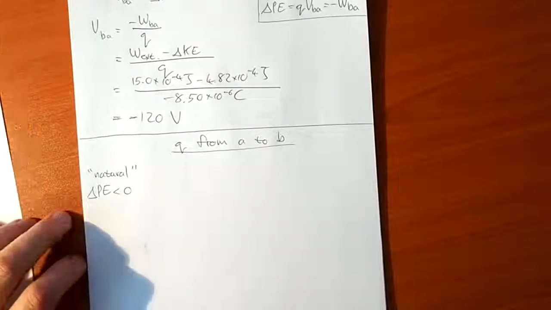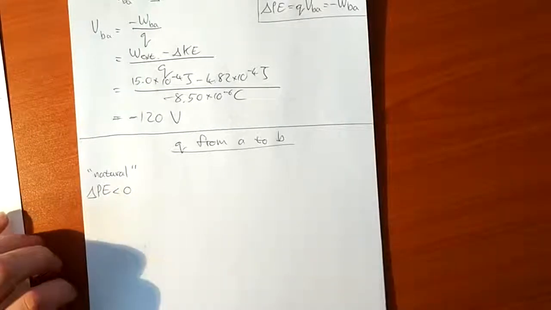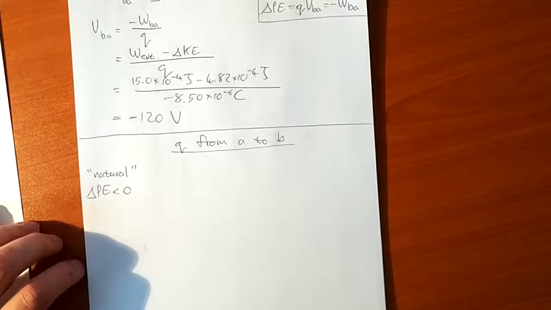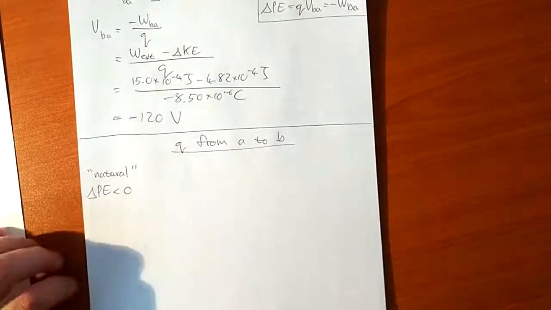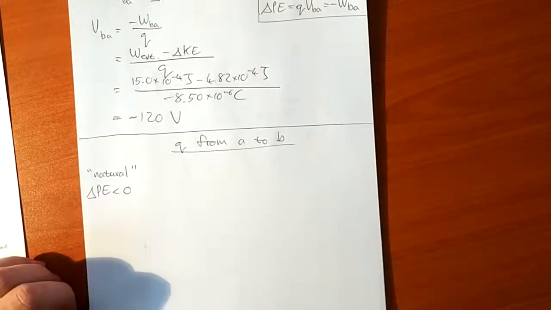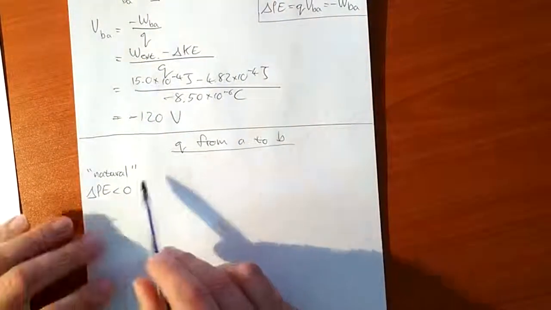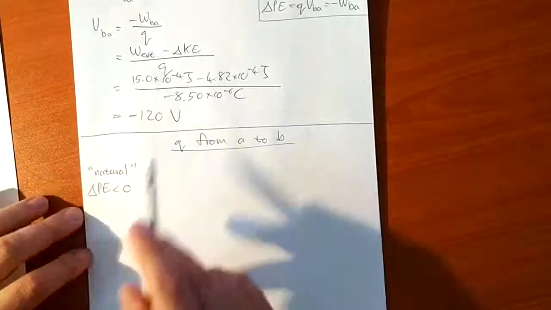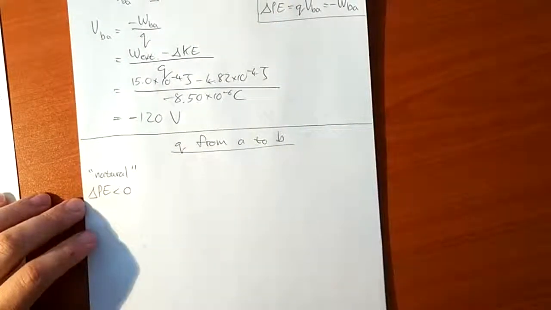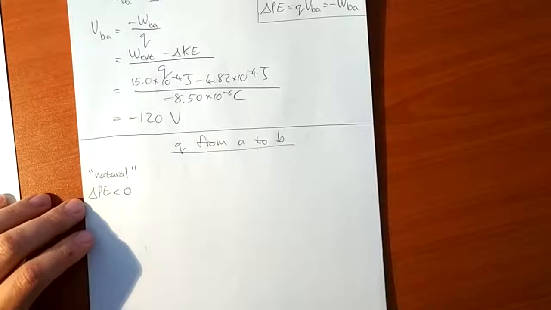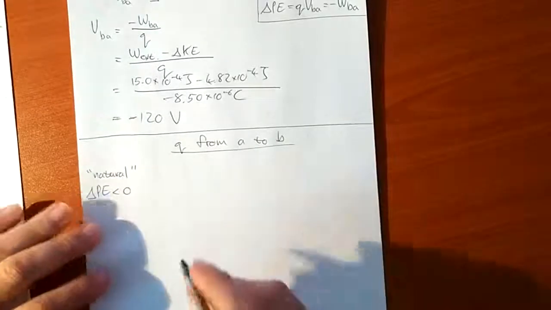So that would be the same as saying it's natural for a rock to drop down to the earth, or for an apple to fall from a tree. It's going in the direction that the gravitational force is pulling it. So in the exact same way, we consider a charge to be going in the natural direction, the direction that it wants to go, if it's going directly in the direction that the electric force is pulling or pushing it. Okay,